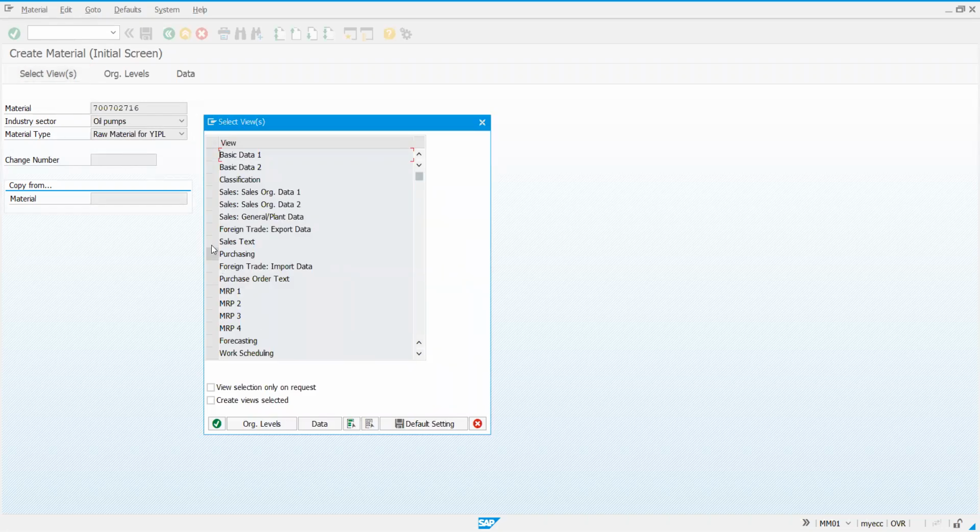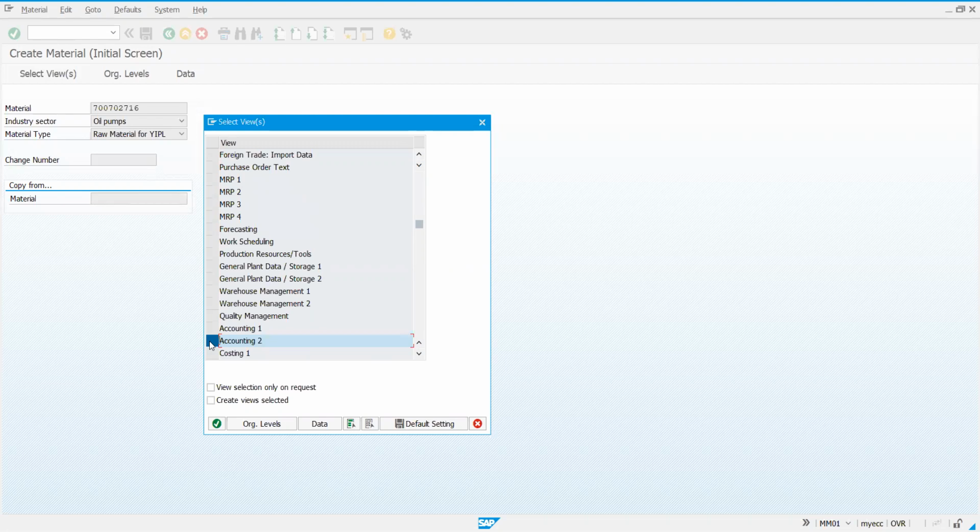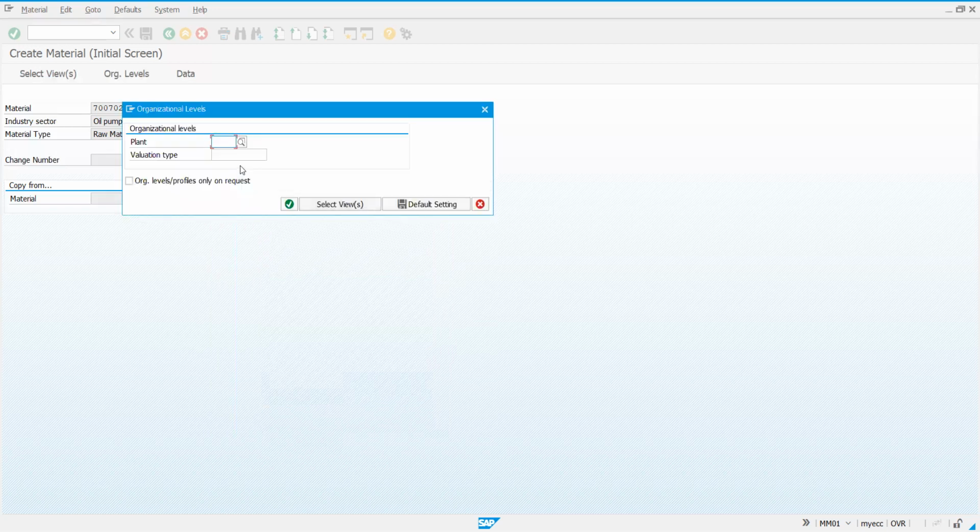Now we'll take just accounting view. Click on organization levels. Sorry, accounting view 1, not 2. Click on organizational levels. Plant.